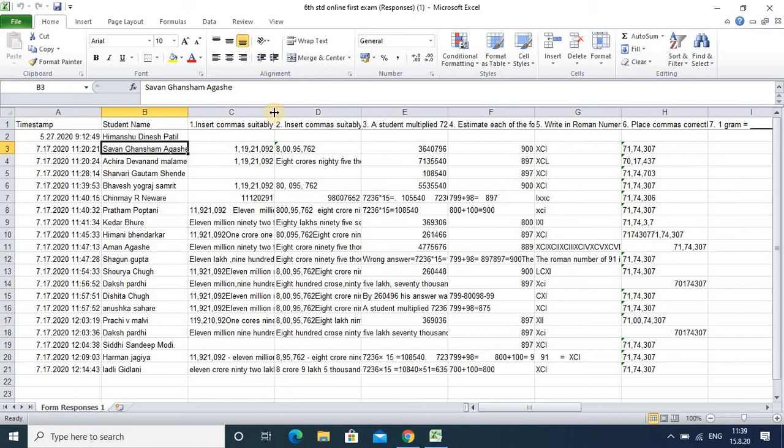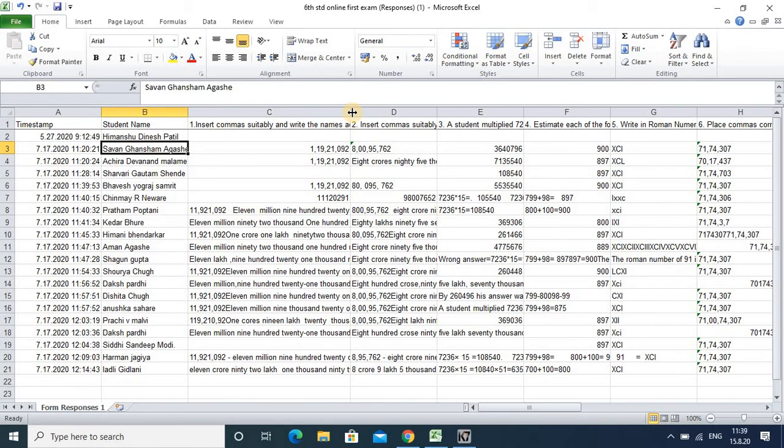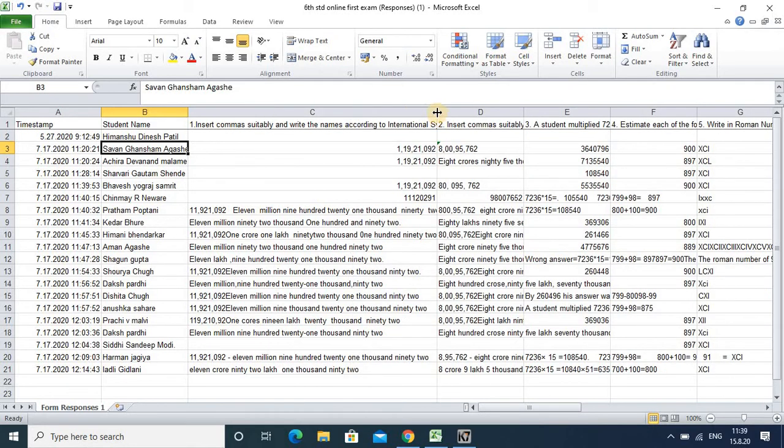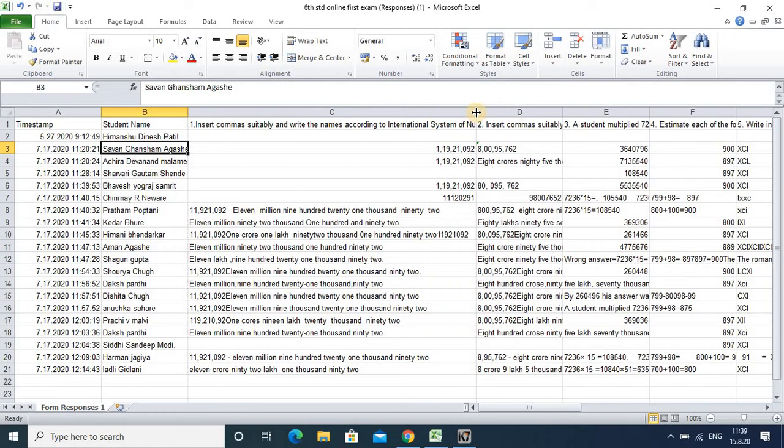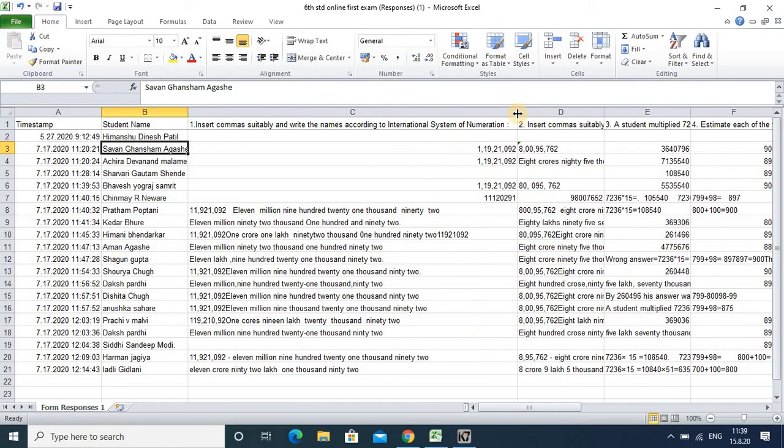Here you have two choices for the checking. Either you can take the paper, write the names, and then verify, or you can do it on the computer also, or you can take a printout also, but the best option is to do it on the computer. Suppose you are checking question 1, you have to increase the size of that column, and you can use color.